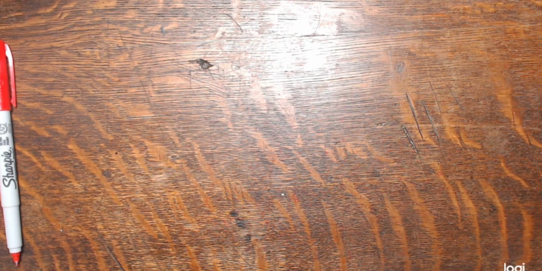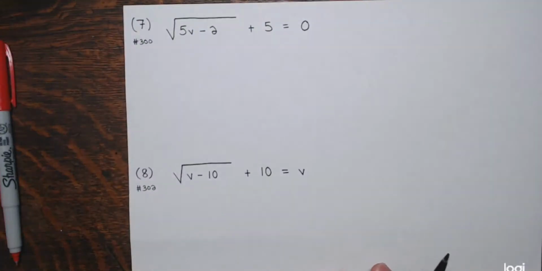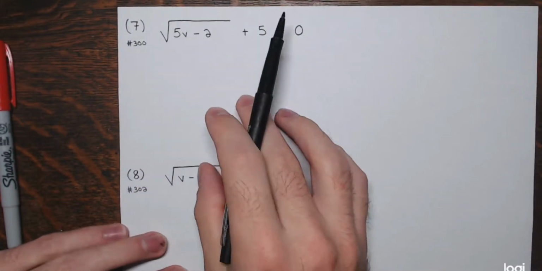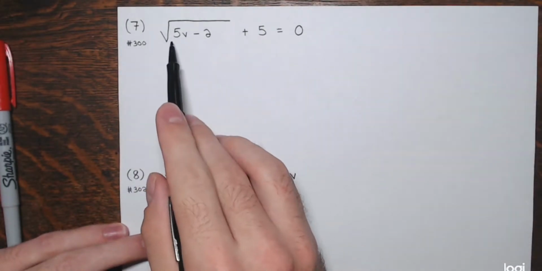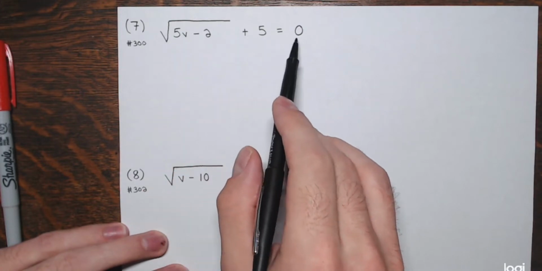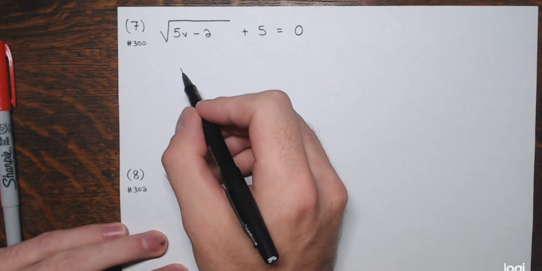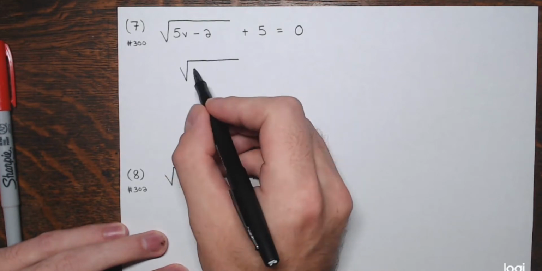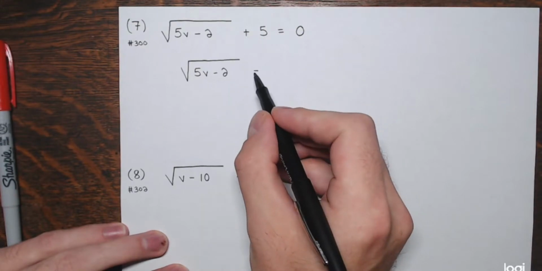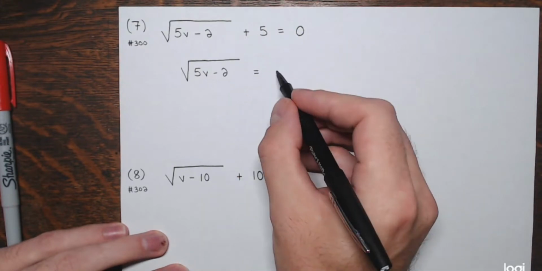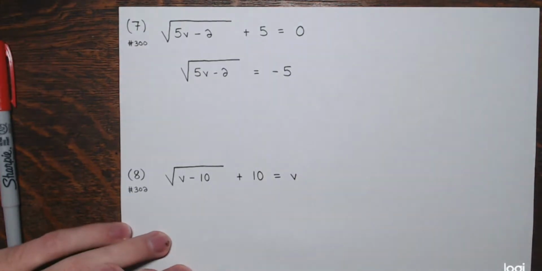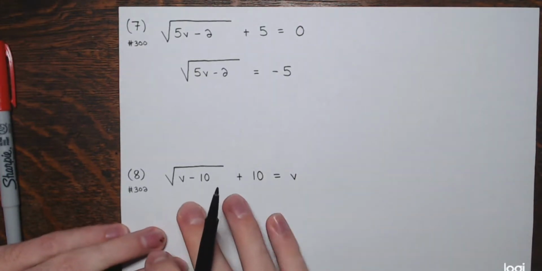So question 7. Got another. This is number 300 in the text. Same steps. I wish to isolate this radical first, so I'm going to subtract 5. So I have the square root of 5v minus 2 equals, and when I subtract 5, 0 minus 5 is negative 5. Now, kind of like an earlier example, I believe it was example 2,